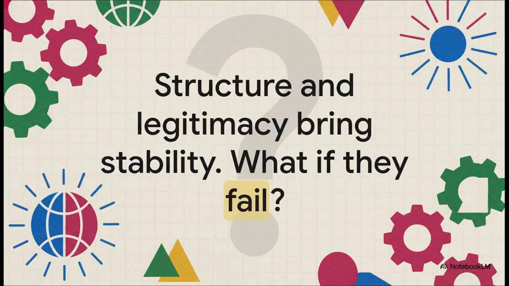And that leads us to the ultimate question, the one that really sets up everything else we study in comparative politics. What happens when a government structure doesn't work for its people anymore, or when its legitimacy just completely collapses? Well, that's when you get protests, political chaos, and sometimes even revolution. Understanding how these foundations are built is the absolute first step to understanding why sometimes they come crashing down.